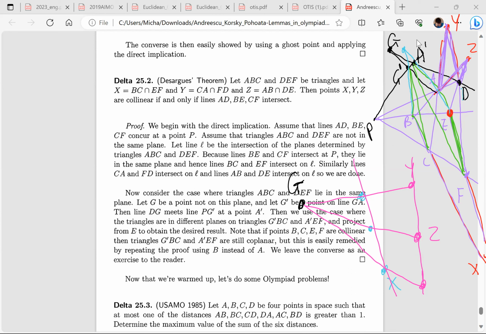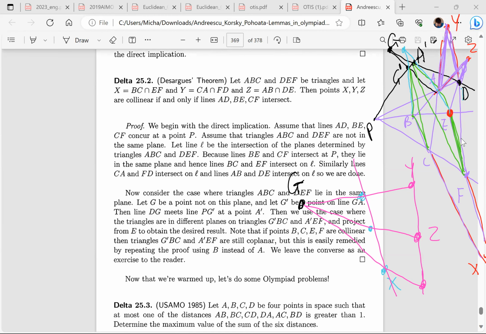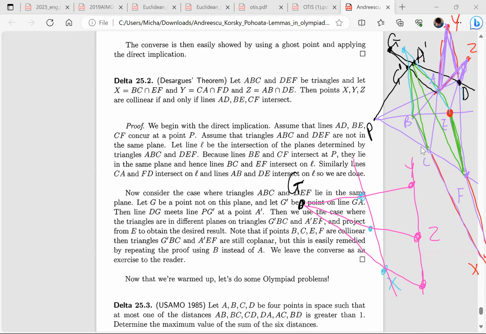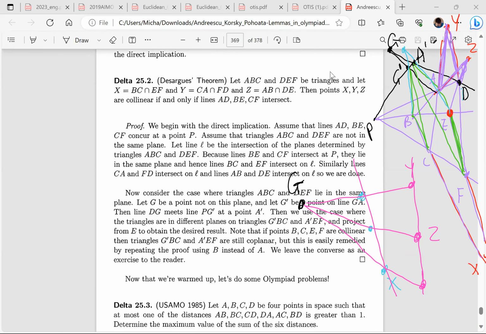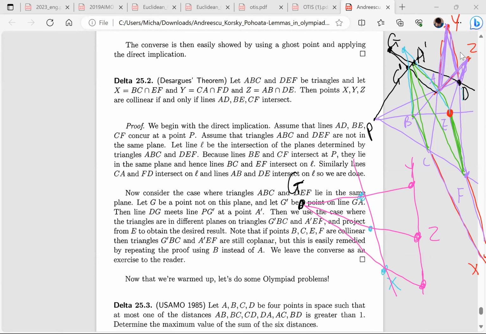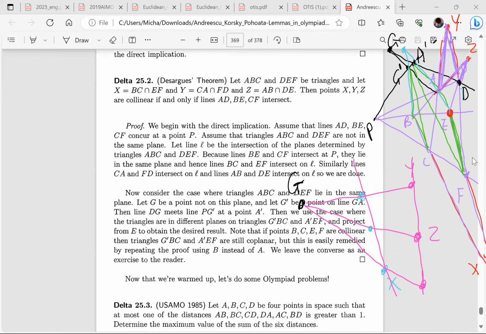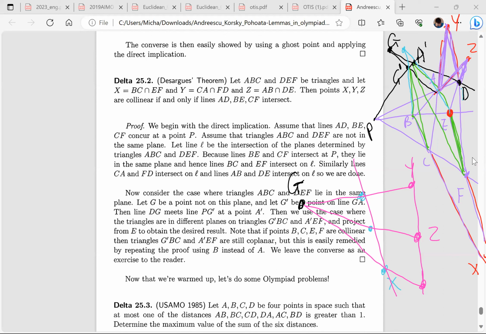Okay, and so the thing is, say you have two triangles, ABC and DEF. They're perspective about a point in the sense that if you join the corresponding vertices, they're concurrent at P. We want to show that if you join the corresponding sides, this is your X, Y, and Z, then those X, Y, and Z are collinear. But the thing is, if they're not coplanar, then we just have to show that